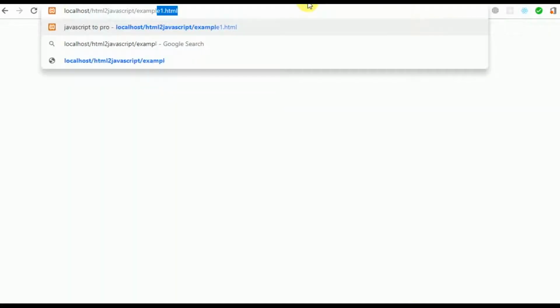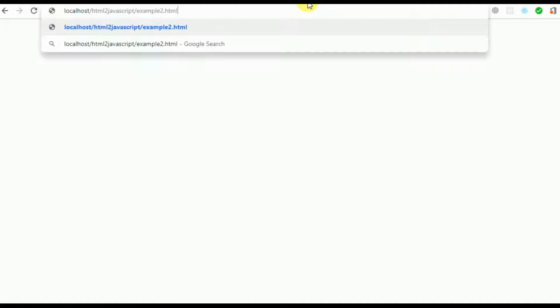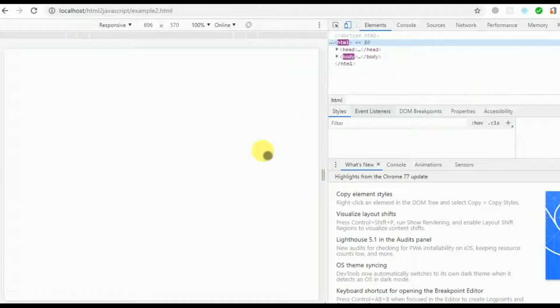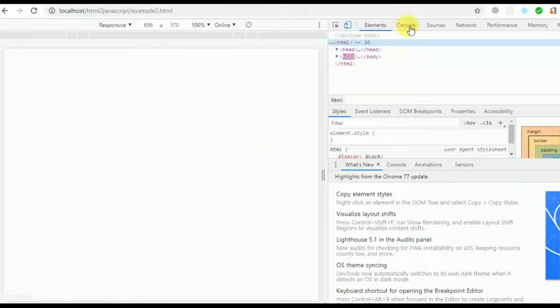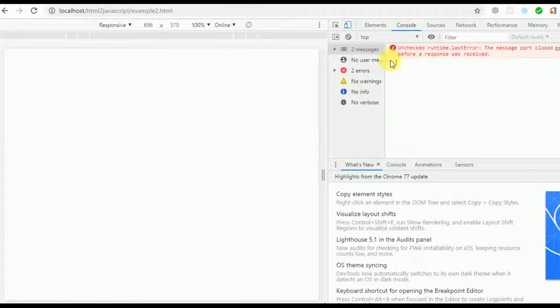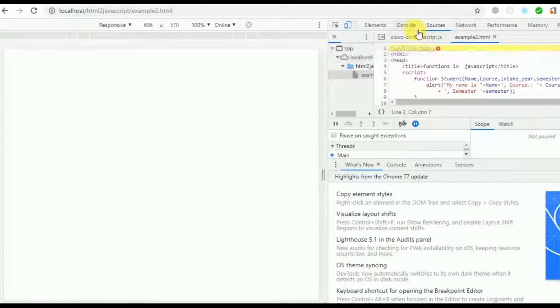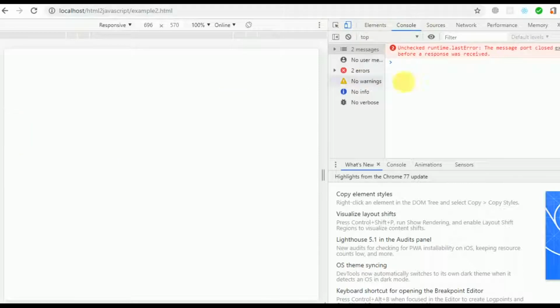If you check back at the functions here, this is example 2. I'm just going to change this to example2.html. Expect nothing to pop up on the screen. Although I go to the test to check, there's nothing there. This error is coming from the page itself, which is coming from here. That's not a big deal now. We're not learning about errors at the moment, but we're learning about the function itself.